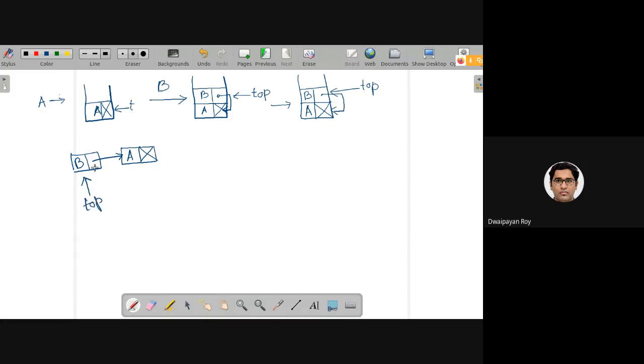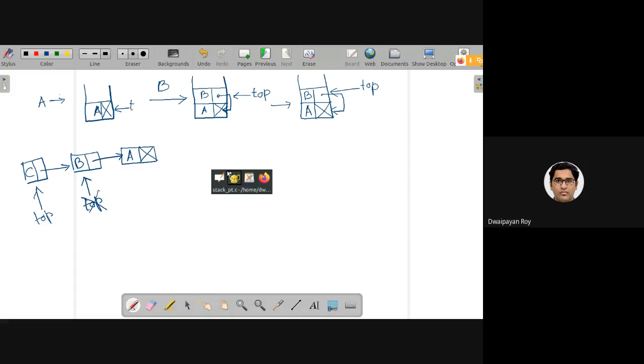So this is what happens inside the stack. This is basically a stack. Every time a new node is created, say C, top just gets changed, and so on.